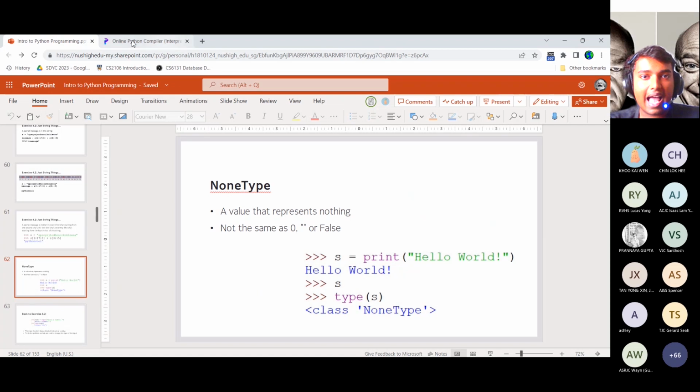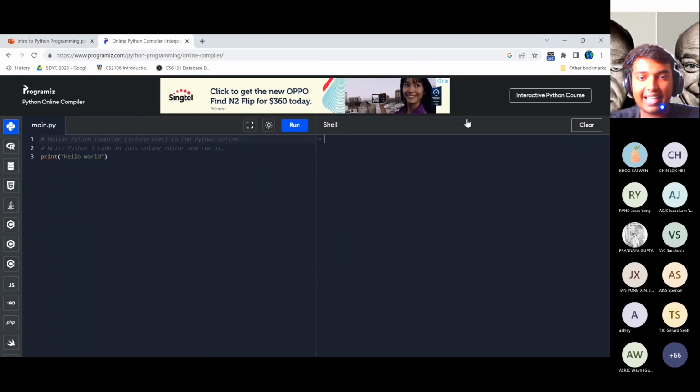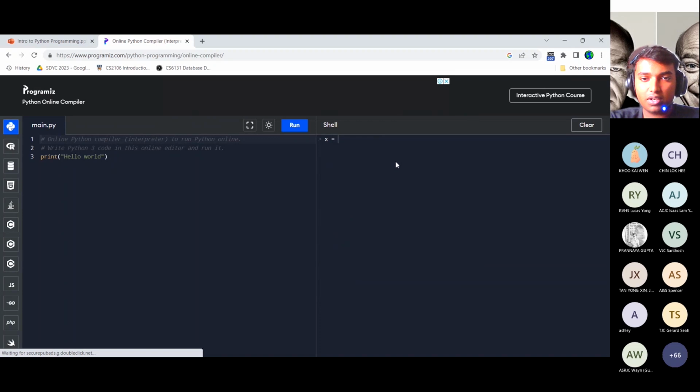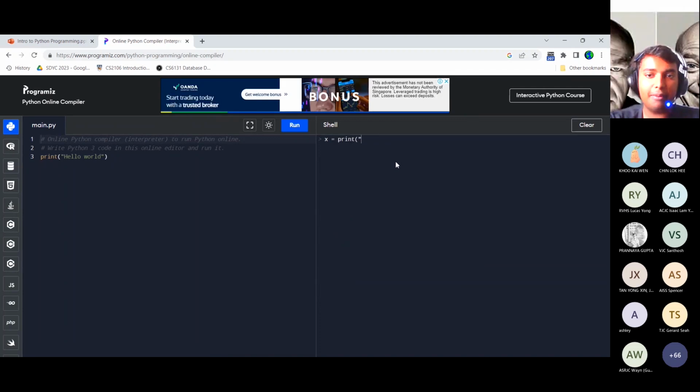Now, there's also a type for nothing, and that's called the None type. It's basically what returns when a function doesn't have an output. So for example, if I take this function here, print hello world, and I store it in a variable, you see it prints the hello world right here. It duplicated the statement because that's how this compiler works. But if you take this x, you see it returns nothing in the shell. Now, if I query the type with the type function, type x,